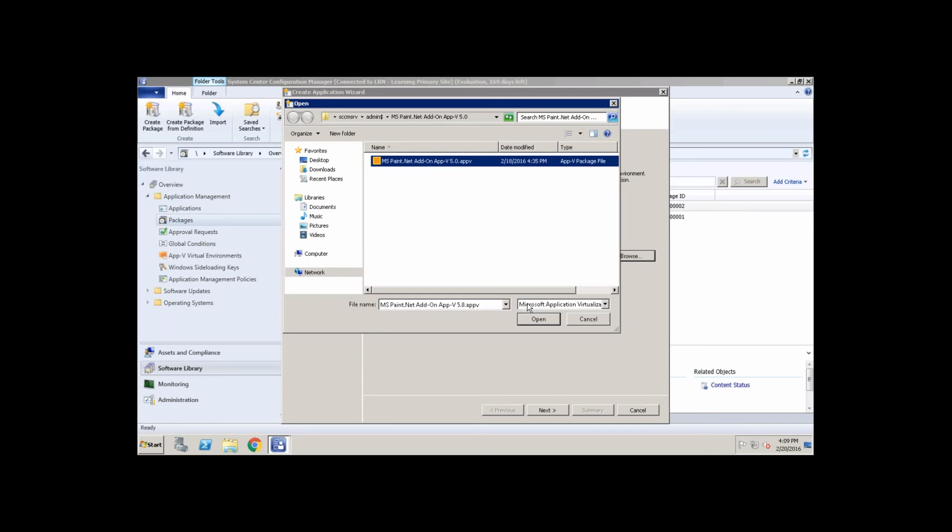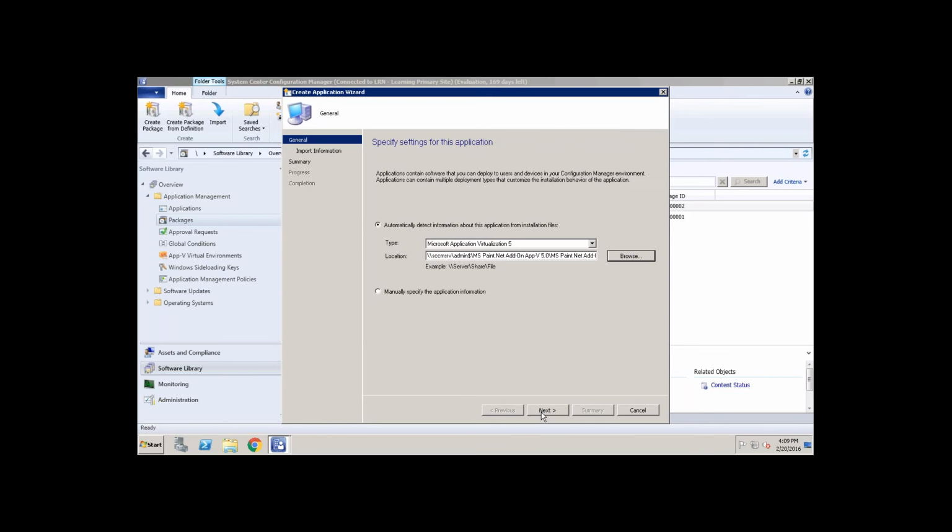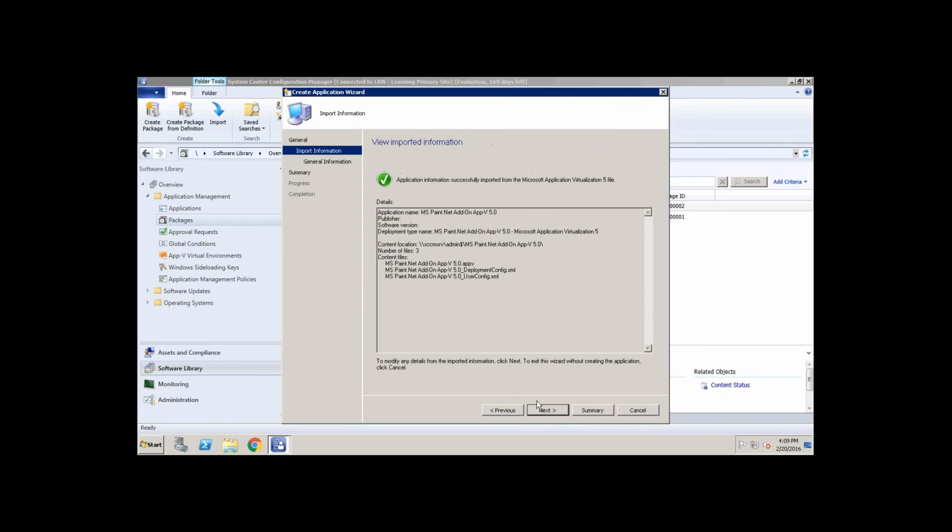With the same, you have to import it into your SCCM console. Just click on next. You can see application information successfully imported from the appv 5.0 file. What all is imported? Your appv file is imported, your deployment config is imported, your user config is also imported.